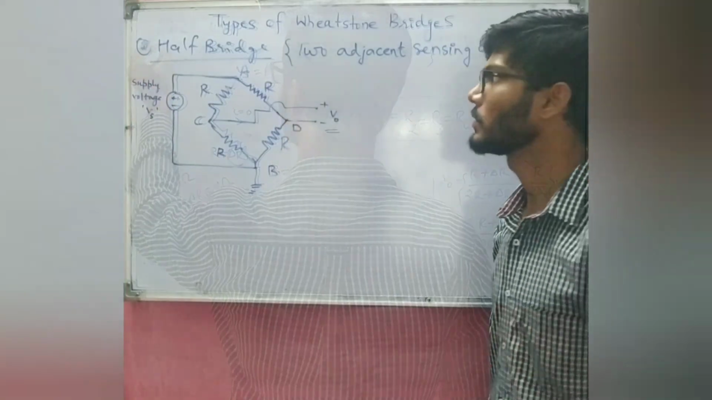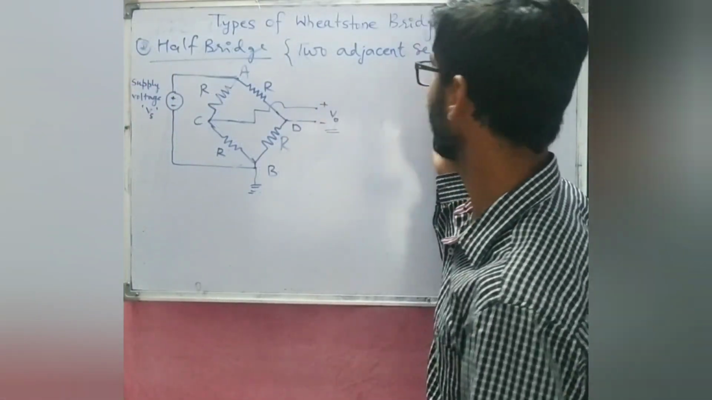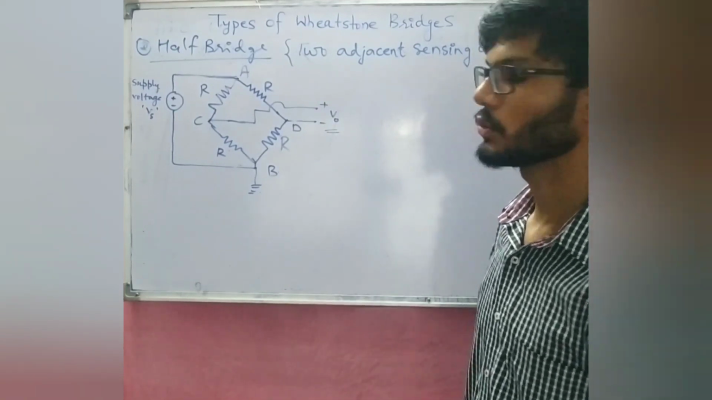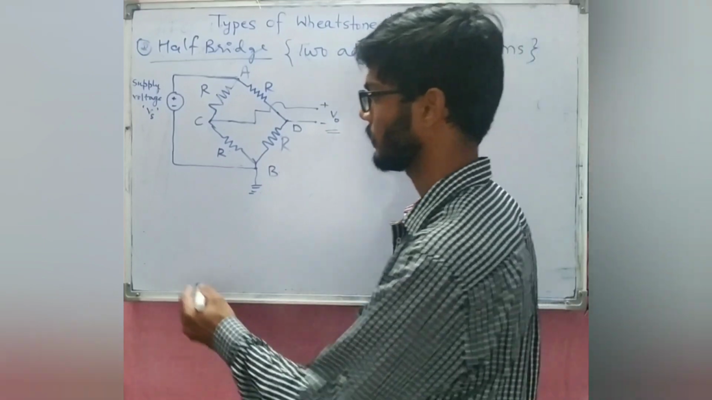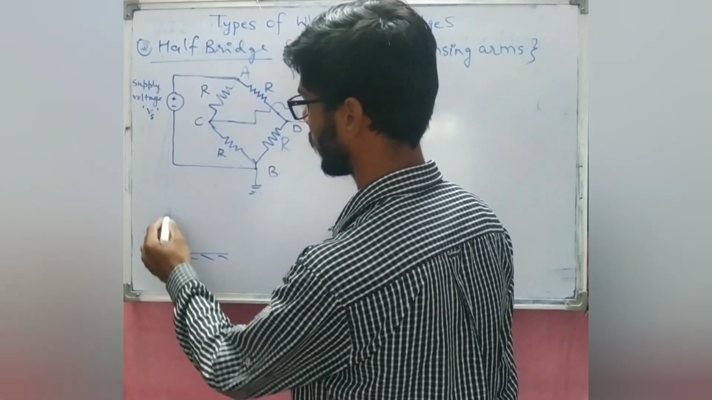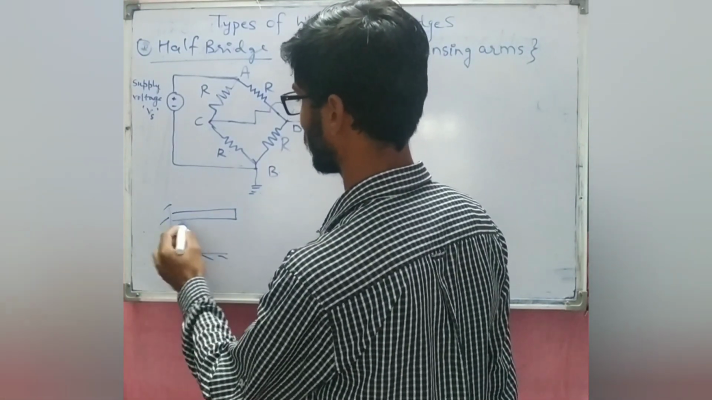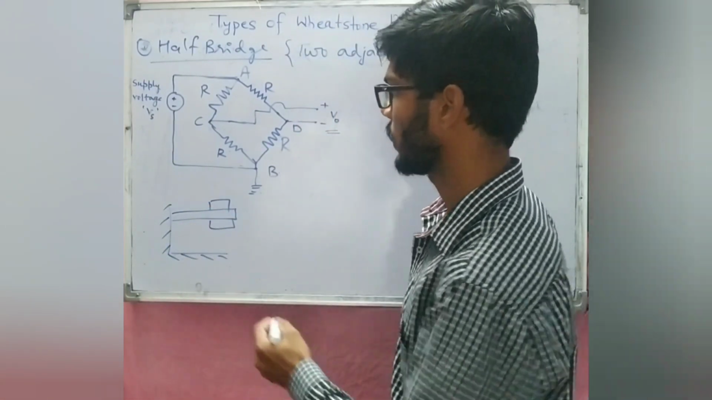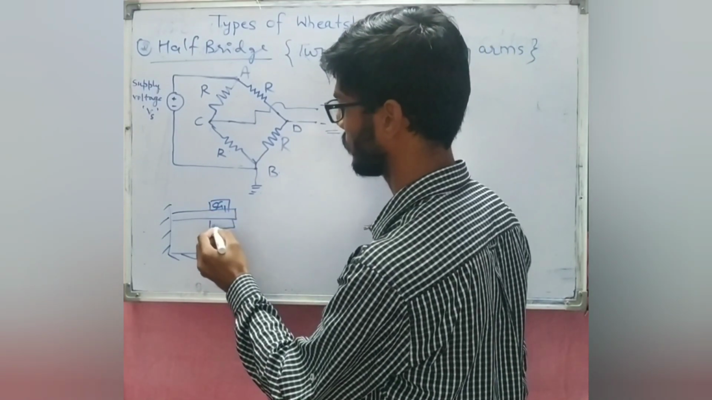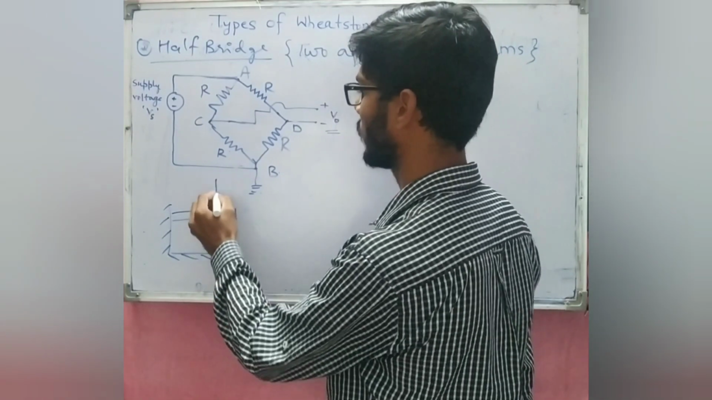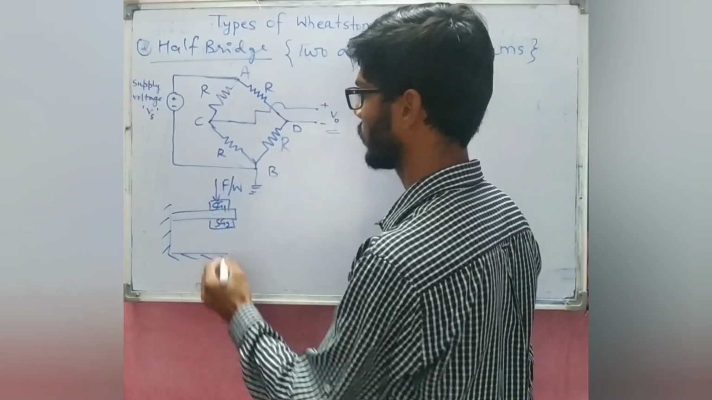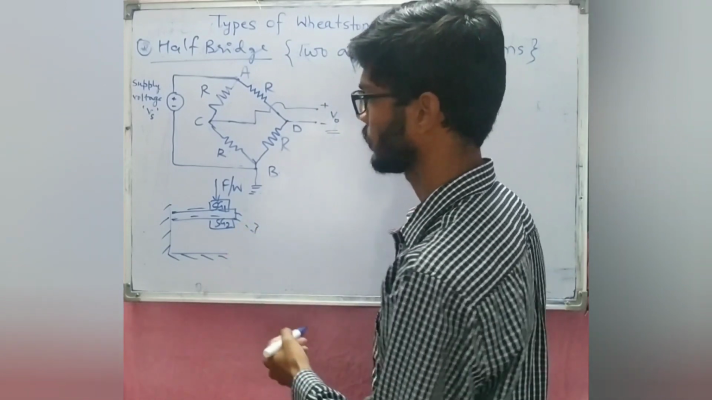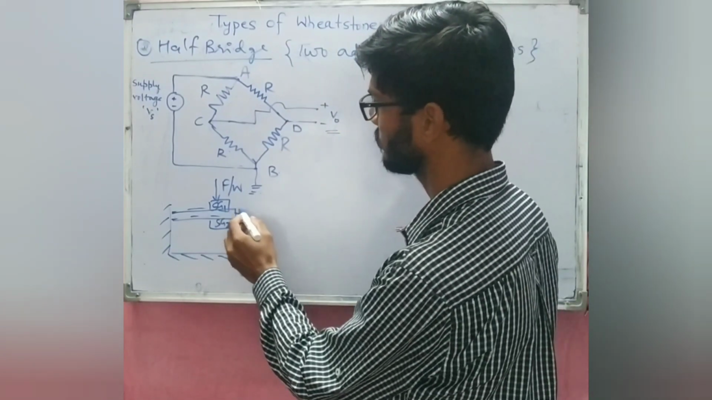Now in the half bridge configuration, there are going to be 2 adjacent sensing arms. Out of 4 arms, any 2 adjacent arms you can assume as varying ones. For that, let's take an example of how the half bridge configuration actually comes into the picture. Let us assume there is a cantilever beam which has 2 strain gauges bonded on it, and if we apply force or weight on it, this cantilever beam is going to get deflected a little bit in the downward direction, and then strain gauge 1 is going to